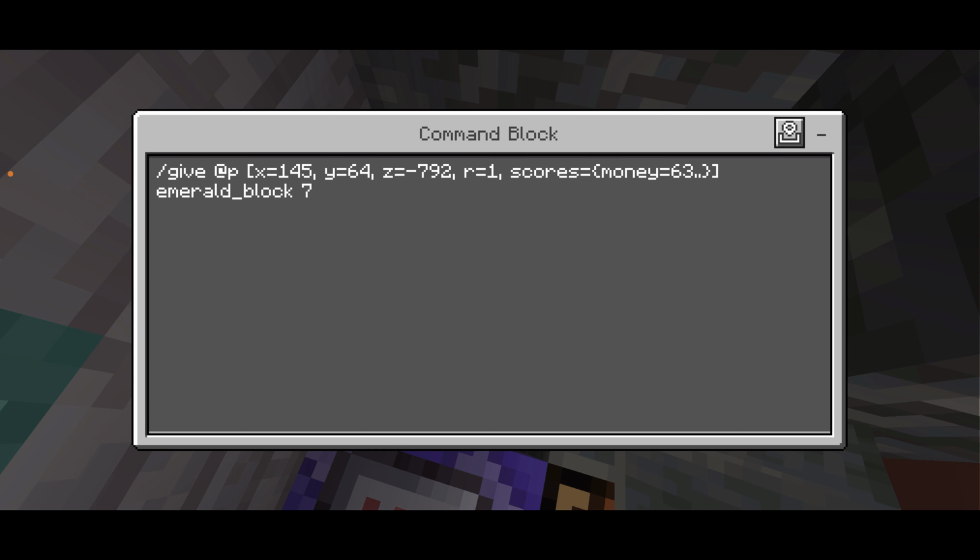So it's going to be scores money equals, and they must have $63 or up. That's why you have the 2 dots there. And what we're going to do is give the person that's standing in that area, because when the button got hit, we're assuming someone's standing in the area, 7 command blocks. Not command blocks, emerald blocks. And then